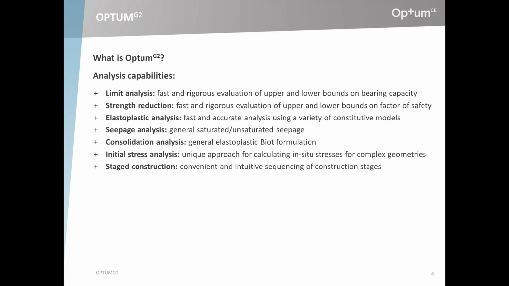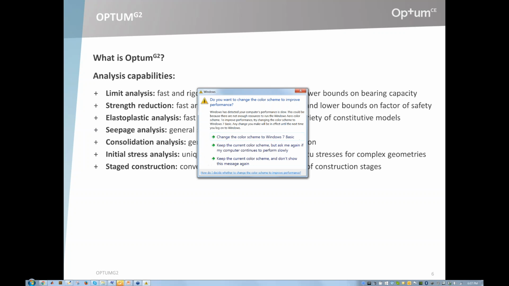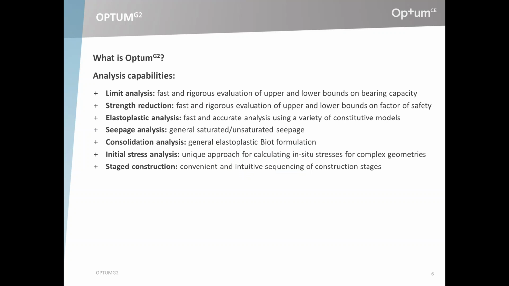That's for deformation, settlement analysis, of course. Seepage analysis, we have a general variably saturated formulation for that. Consolidation. Initial stress analysis is a sort of unique approach as well, available only in this program, for calculating the in situ stresses in the ground, so the initial stresses in the ground given the earth pressure at rest